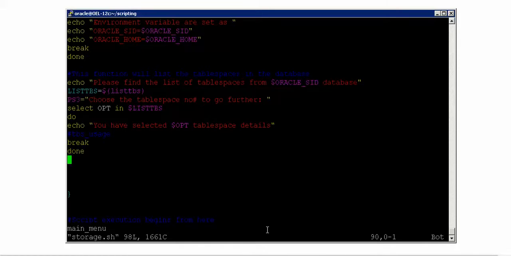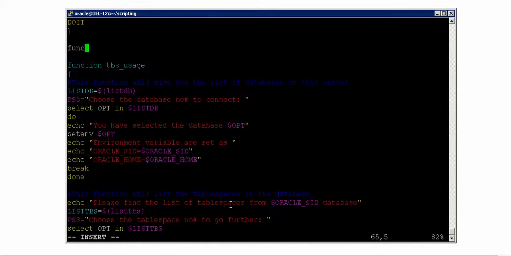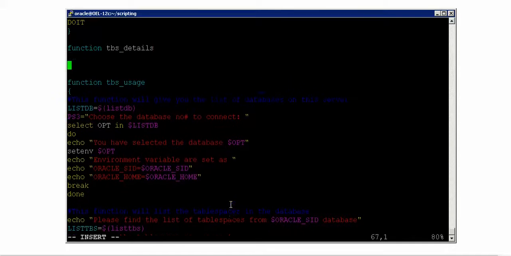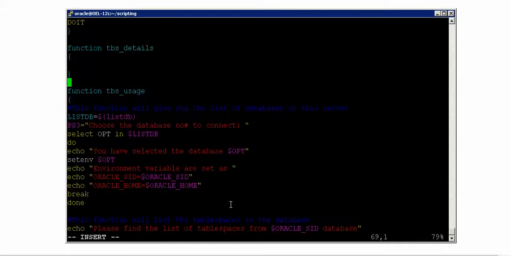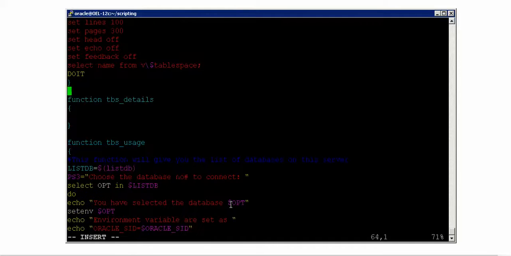Now I should basically write this function. So let me scroll up and write this function now. Function TBS, it should not be usage then, it should be details. I should change, because TBS usage I have already used here. So it should not be TBS usage, it should be TBS details. Fine. And now go up, and yes, function details is here and table space details is this,